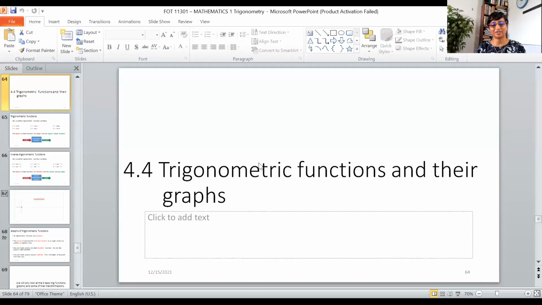Yeah, so we are finishing trigonometry today with this last topic of looking at trigonometric functions and their graphs. And lastly, sine and cosine rules, which I think you have learned before. So before I begin this, I thought